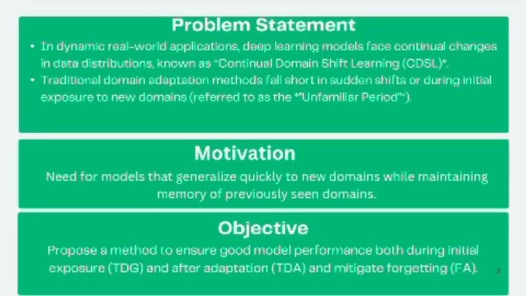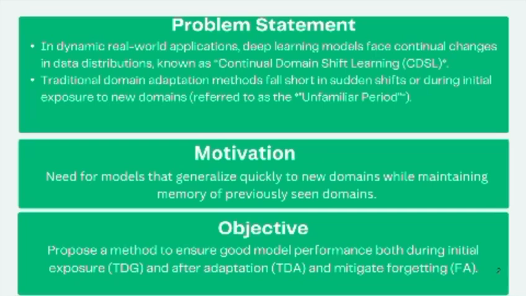The thing is, a traditional ML or deep learning model is used to make predictions on data with the same distribution. But in real life, the model might face challenges like domain shift, where the model is asked to predict on some unseen domains. Initially, the model won't make robust predictions due to the shift, and this period is known as the unfamiliar period. Our motivation is to develop a model which overcomes these challenges and quickly adapts itself to new